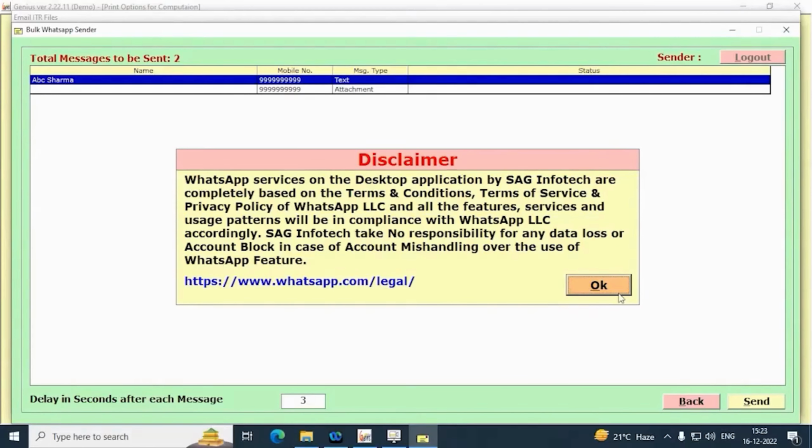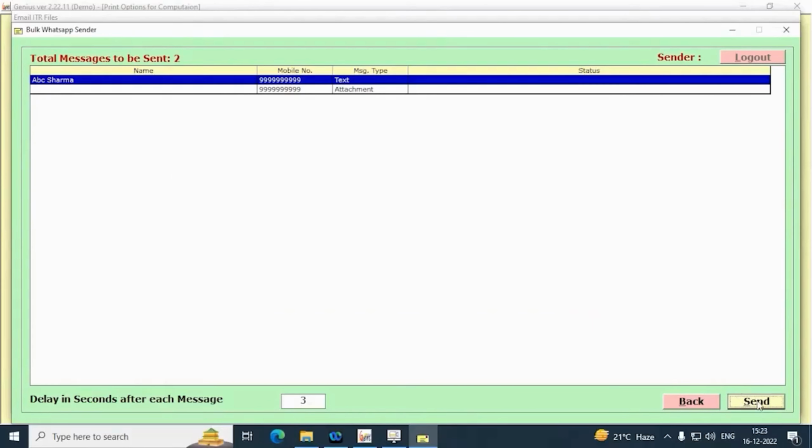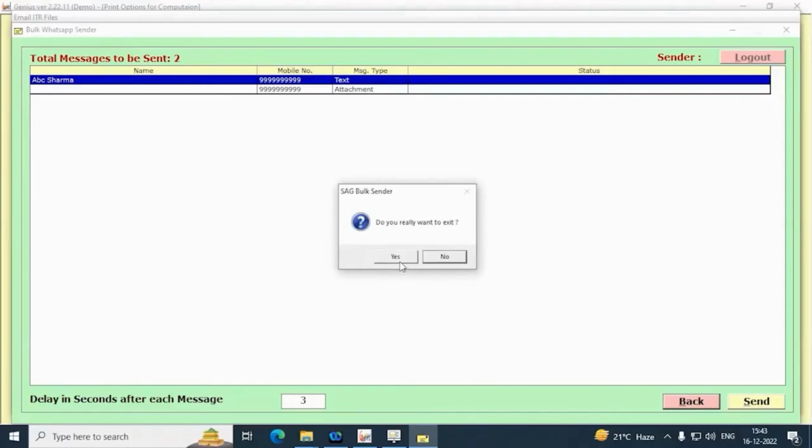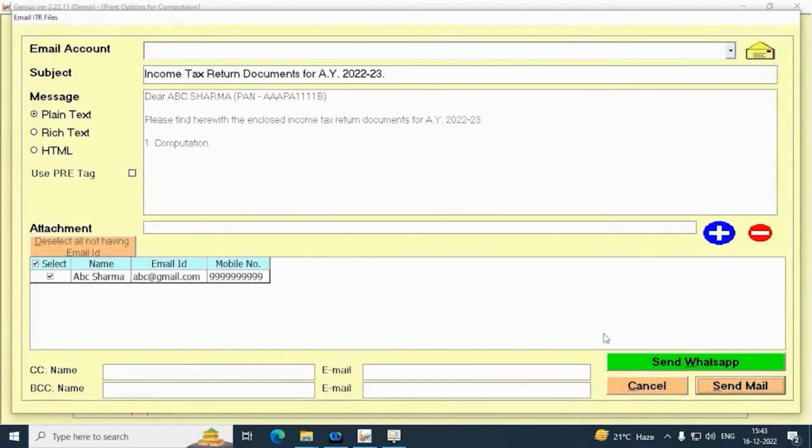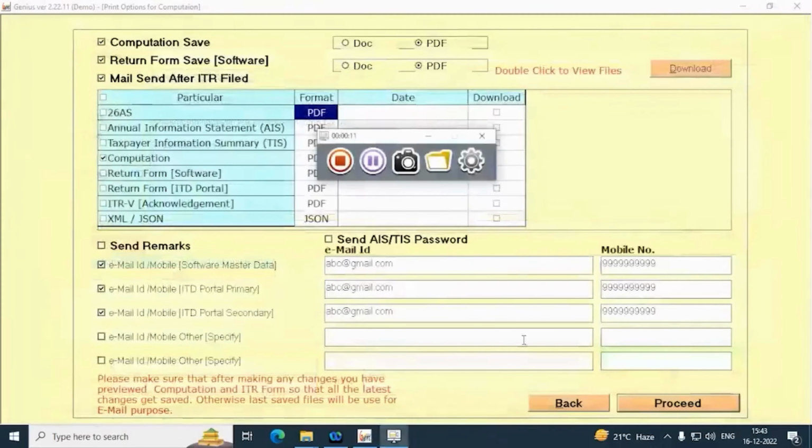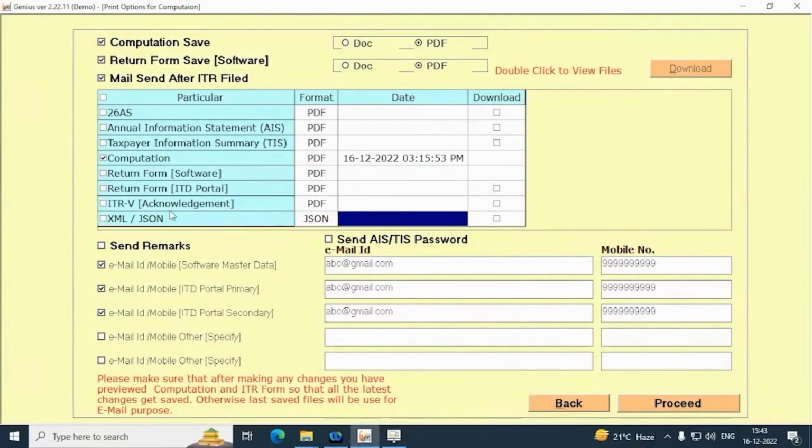Once you click on Send, the software will automatically pick your QR image, and if the session is logged out, then the software will ask for the QR code, and if you are not logged out, then you can scan the QR code and send the WhatsApp. So through this feature, you can send mail, WhatsApp by selecting the computation or 26AS wherever you want to send, and by selecting the mail and mobile number on which you want to send.